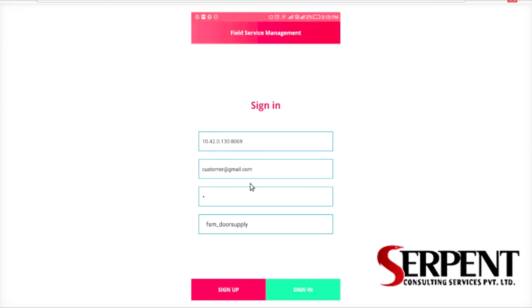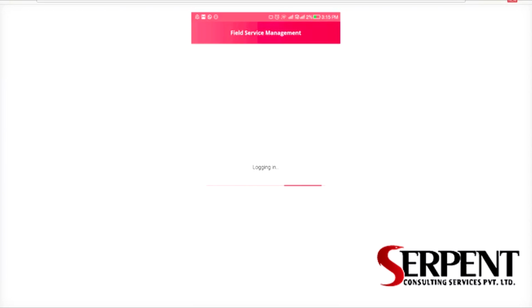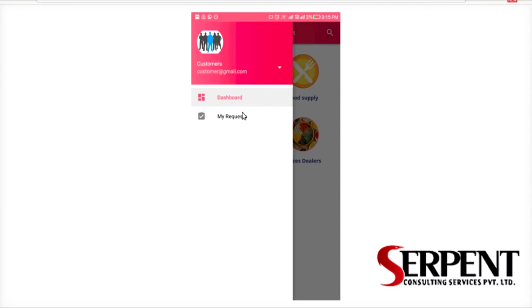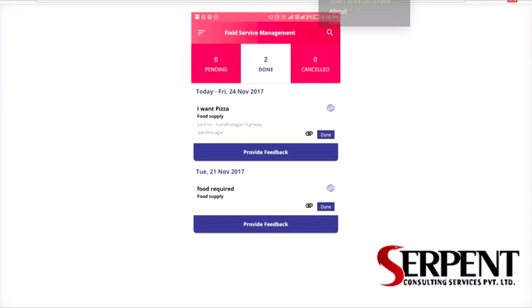Again I have logged in as customer by adding the customer mail ID, password, and the database. Click on the sign in button. So it will keep us signed in. Again the same interface has come up. Click on the dashboard. Inside the dashboard you can see my request. Click on my request. Inside my request you can see your request in the done